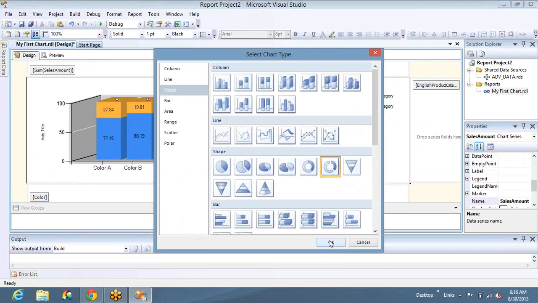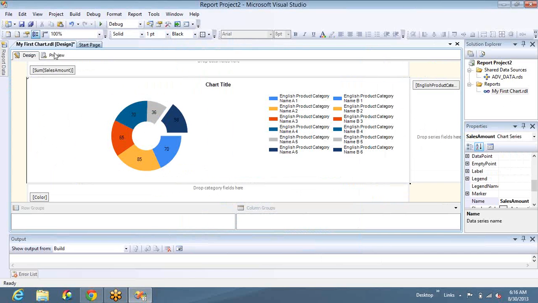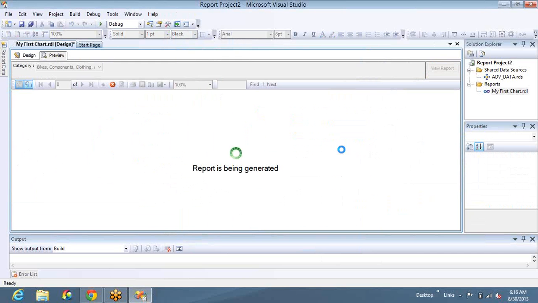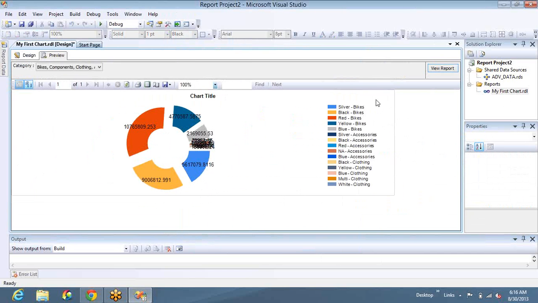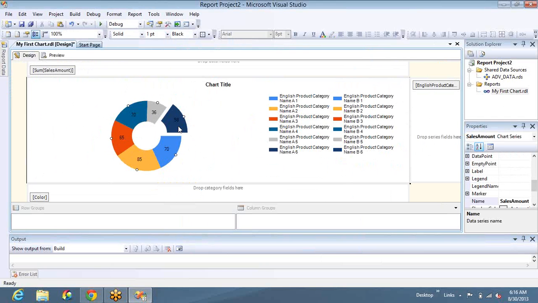Let me go for the donut chart with breakage and see how it is going to show. Silver bikes, this is the combination, and black bikes, this is the combination. Here if you see, it is very small. So I think there is an option called smart labels for this. So you have to use smart labels to show the value properly. I mean, you can see it is overlapped and the values are pretty small here, right? So what you can do is